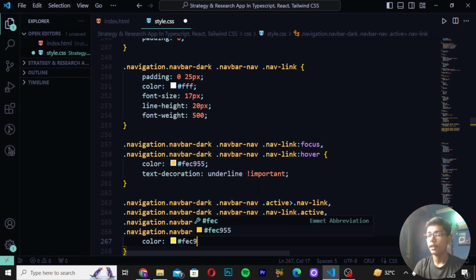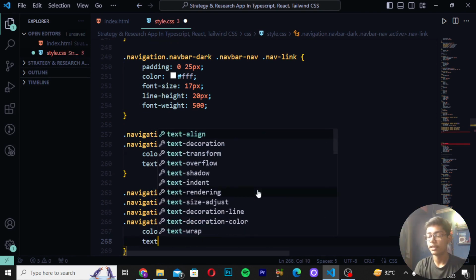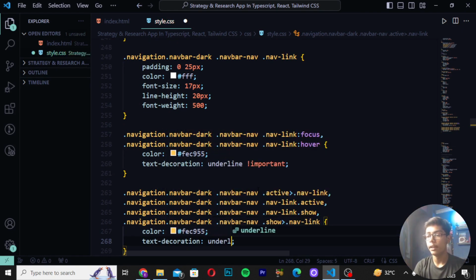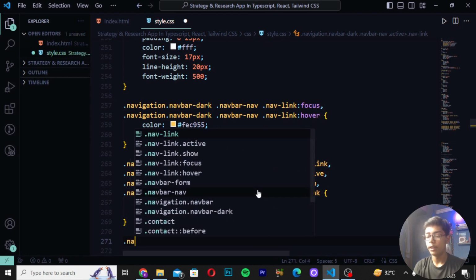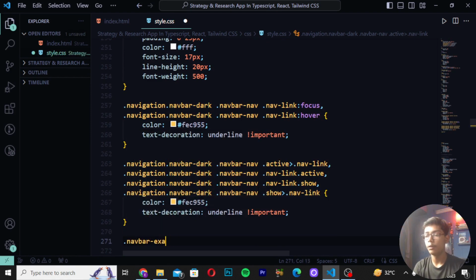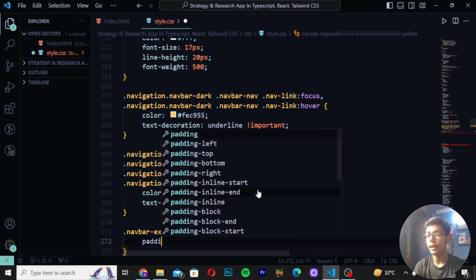Then right here 955, and here you have to write text decoration as underline, and I will be now writing here important. So here I will be writing this. Then you have to move down and write here navbar expand, and then you have to now just write here md, write here navbar, and I will be now just writing here nav, create here padding right, in which